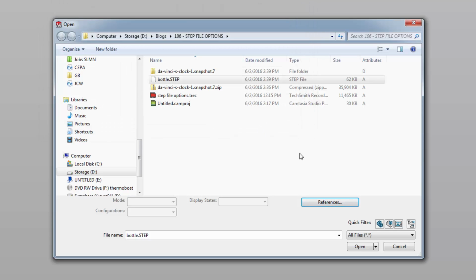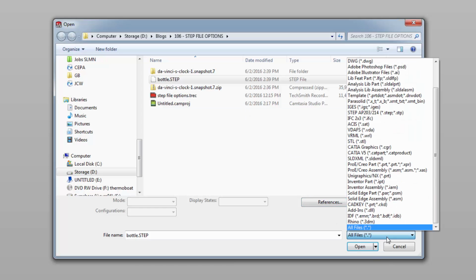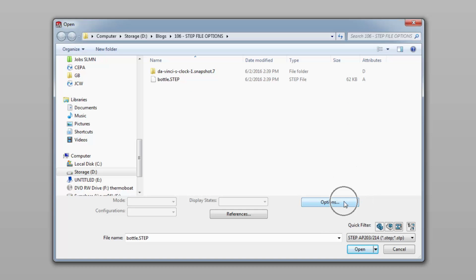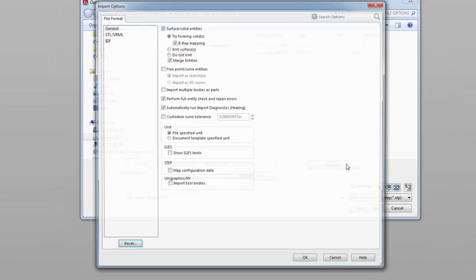So how do I get that option up? Well, I'd come to all files and navigate to step right there. And when I select it, you'll notice that I have now an options setting for step files. So if I open that up, you'll notice that I have some